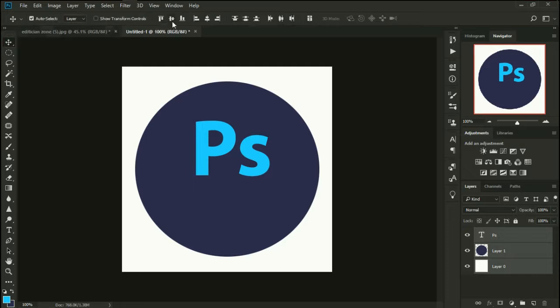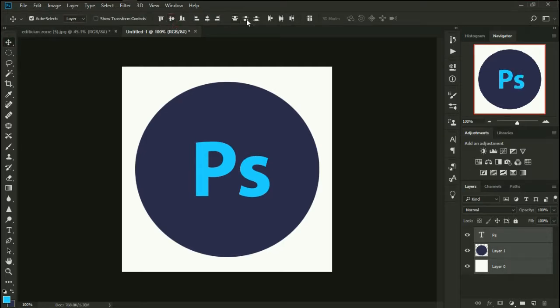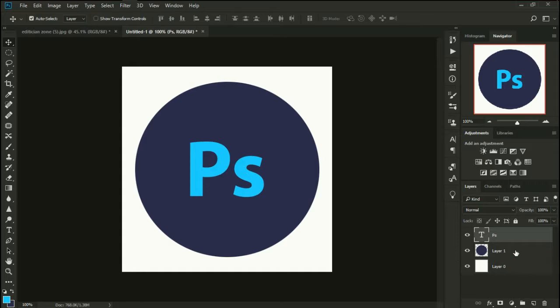Okay, so now, I have all the layers selected and I'm trying to place it in the center. There we go, that looks nice. Yeah. So the next thing is we are going to